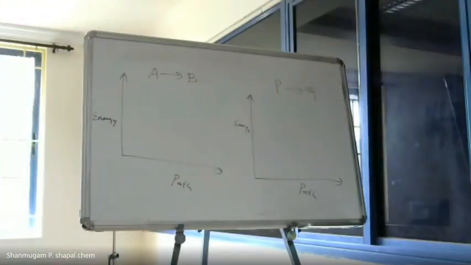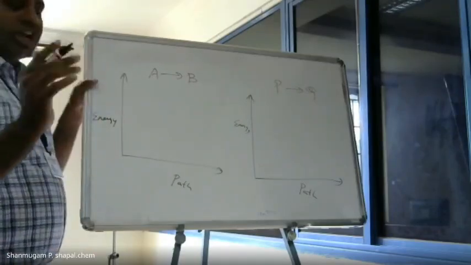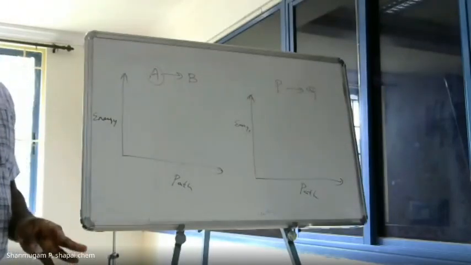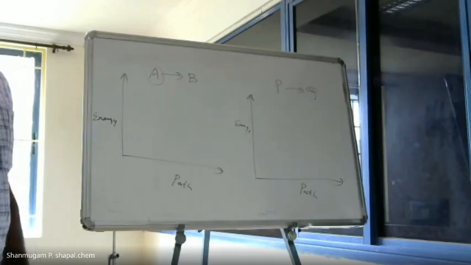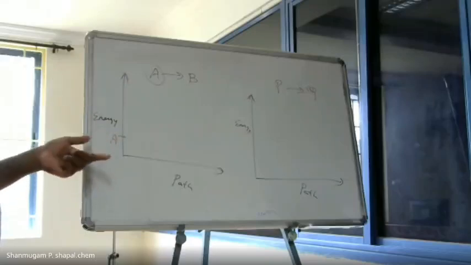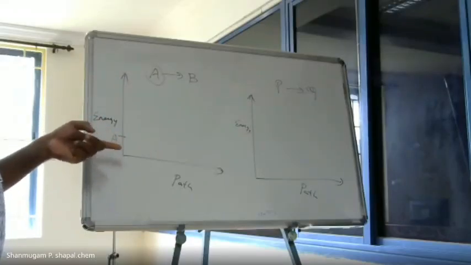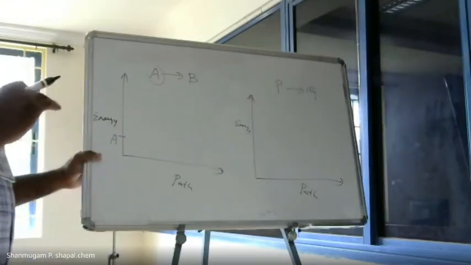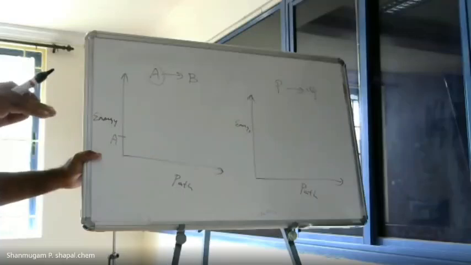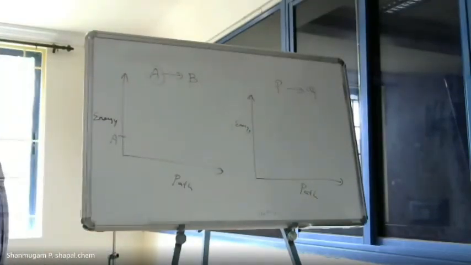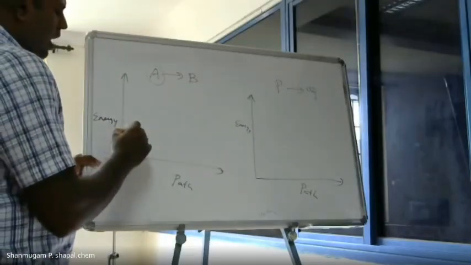I mean, the reaction mechanism that we are taking as an example here. And at a particular potential energy, because every molecule in its rest condition has a certain potential energy. So that particular potential energy is this. You consider this as the energy where A is at rest. It does not have any change. And you try to put this A into a reactor and change the condition to convert it into B. So what you do is you try to increase